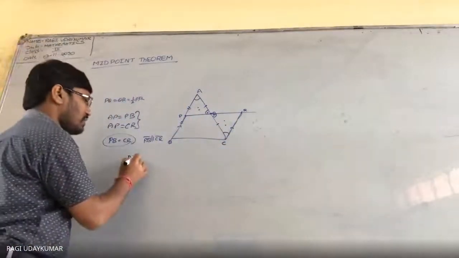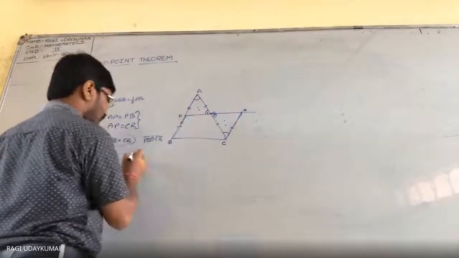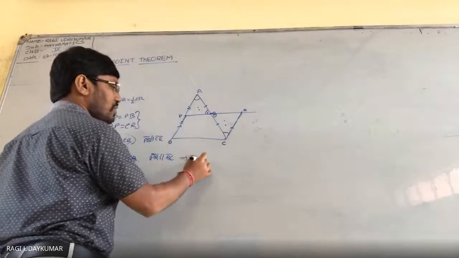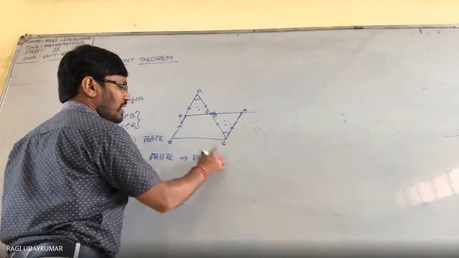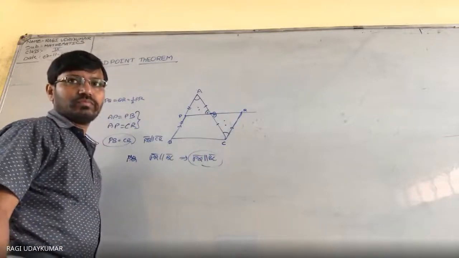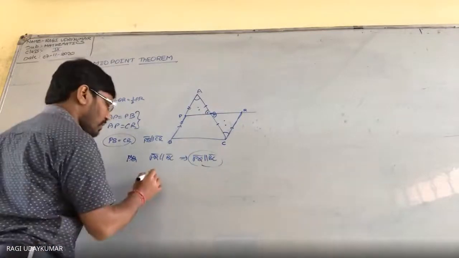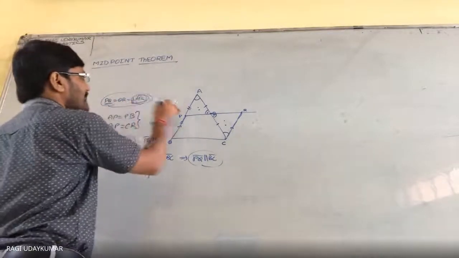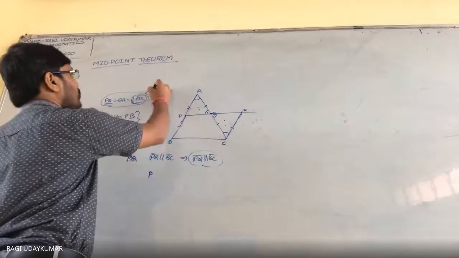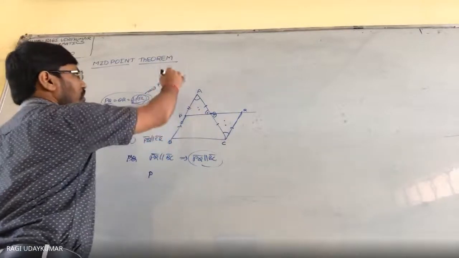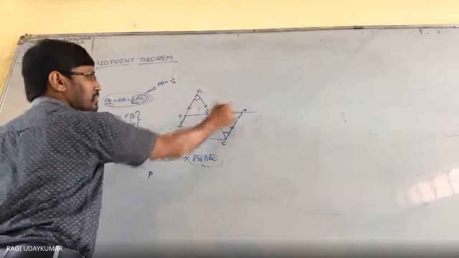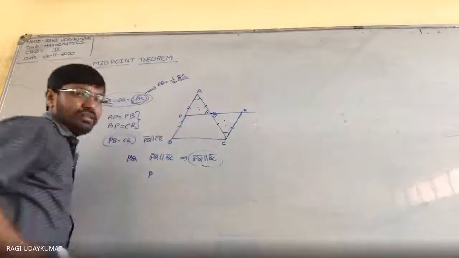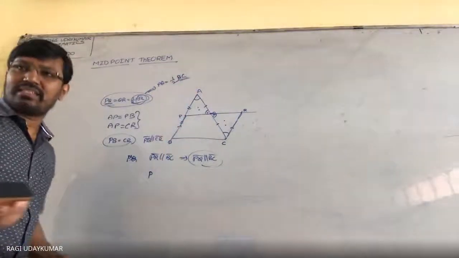Parallelogram is nothing but PR is parallel to BC. PR is parallel to BC is nothing but PQ is parallel to BC बोल सकते हैं, हो गया ना? And we have proved that here from this PQ is half of PR, but PR is equal to BC. इधर BC लिखो. PQ is equal to half of PR. PR की प्लेस में BC लिख सकते हैं because parallelogram, opposite sides are equal. Half of the BC. This is the midpoint theorem. हो गया ना, समझ में आया ना सबको?